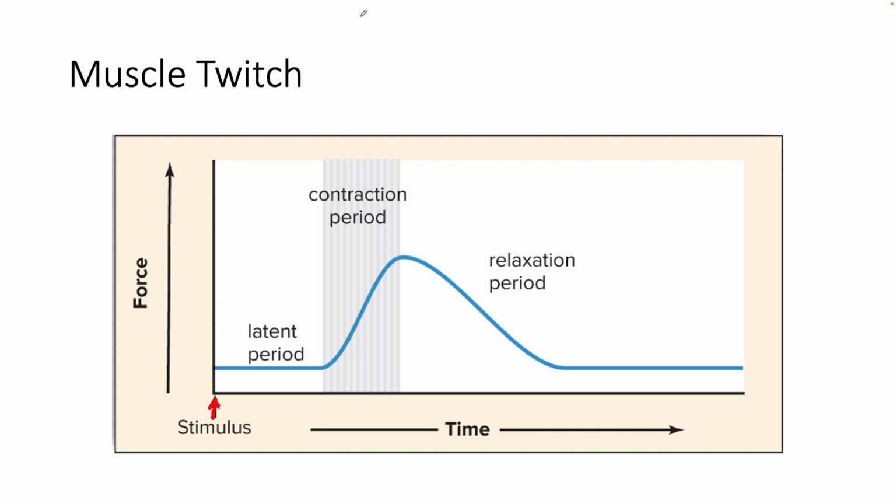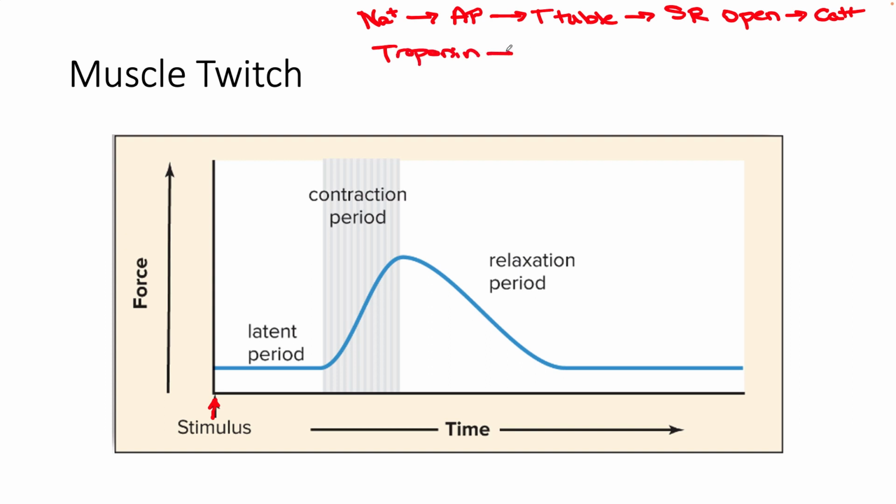We've talked about this. The sodium is rushing into the cell. It's depolarizing the cell. The action potential is traveling down the sarcolemma. It's diving into the T-tubule, causing voltage-gated channels on the SR to open, releasing calcium. Calcium is going to bind to troponin, and troponin is going to pull tropomyosin off of the myosin binding sites on actin. All of that stuff happens in this latent period. So it's not that nothing's happening, it's that all this stuff is happening before you actually get to the contraction